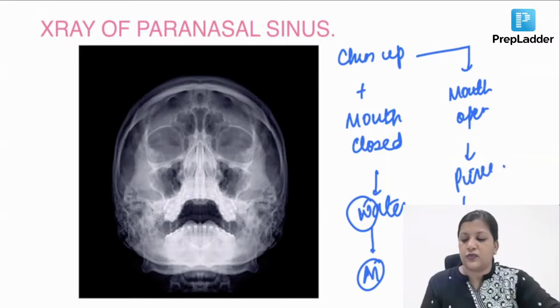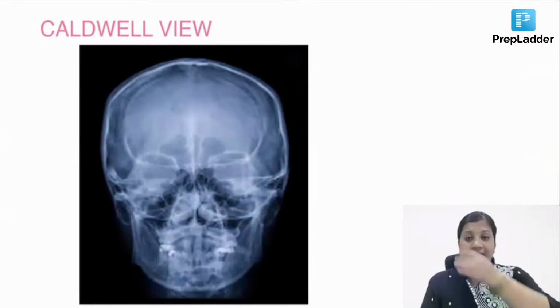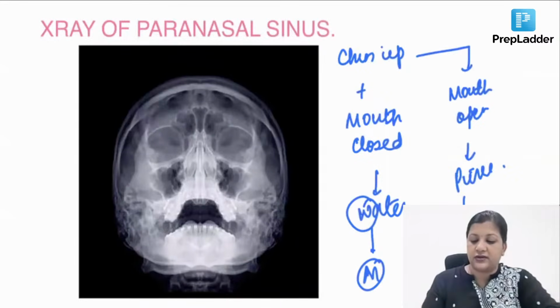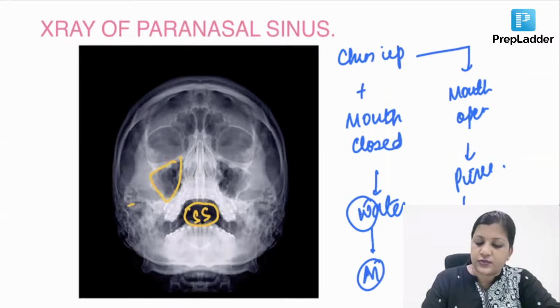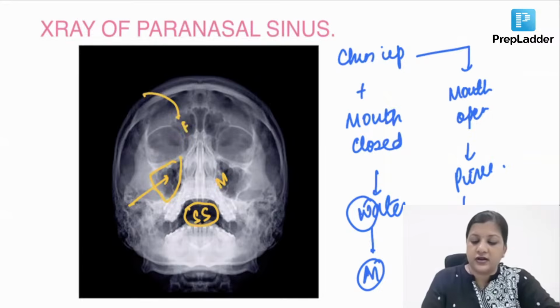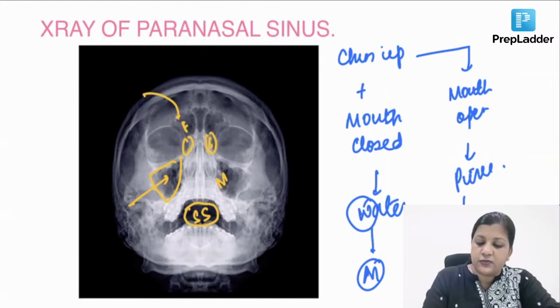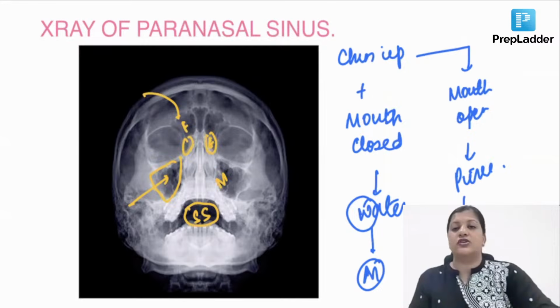And in Pierre's view, what are we trying to locate? We are trying to locate the sphenoid sinus. So the image is showing to you actually this Pierre's view. What you see here, this is your sphenoid. They can give you an image-based question to ask, identify this. This is nothing but your maxillary. They can ask you this. This is your frontal. Here on the medial side would be your ethmoidal, and open mouth will show you the